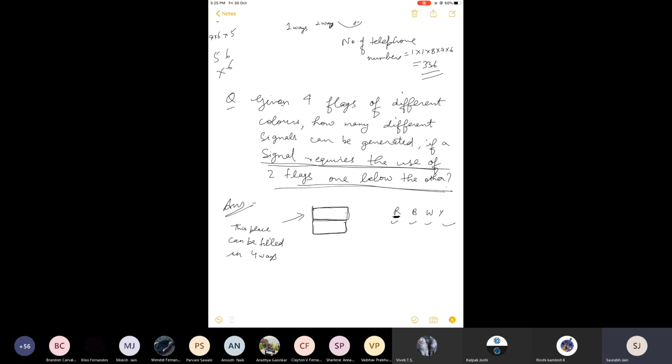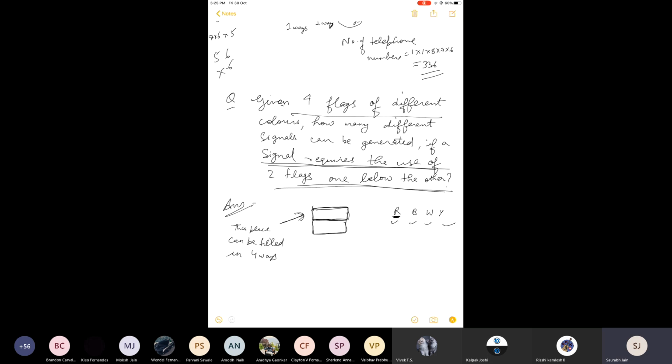So put any flag of any color here. Now that particular color will be blocked. It cannot be used again because we have only 4 flags. So you can't say, sir, is the flag repeated? No, 4 flags only. So suppose red color is used here. Then how many options are remaining for the one below? Only 3. So for the top position, 4 options are present, while